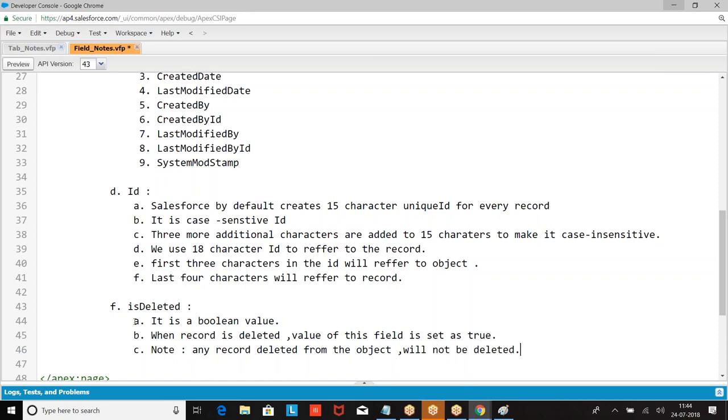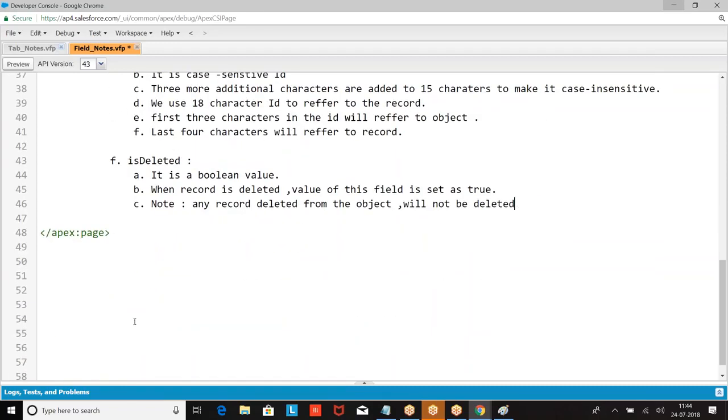Any record deleted from the object will not be deleted permanently. It will stay in the recycle bin object for the next 15 days. Then it will be deleted.